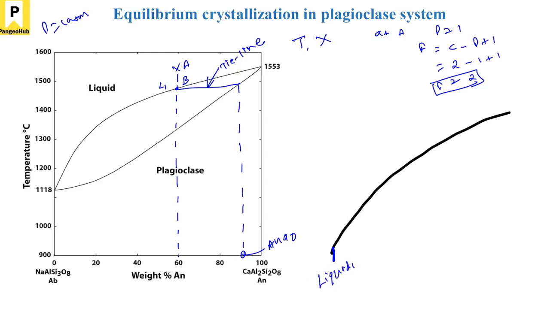Now, you had this melt of composition A, it came down here. Now you are allowing the melt to cool, so you are basically dropping the temperature. So the temperature vector is always vertically downwards. Now you are separating out a solid which is more anorthitic than the melt. So then the liquid will become more albitic.